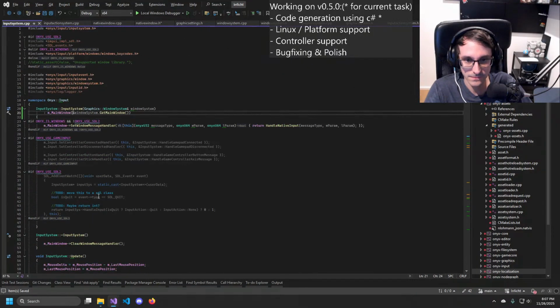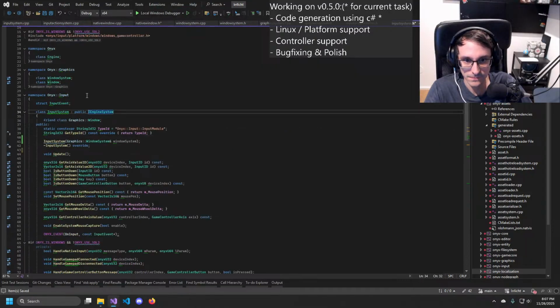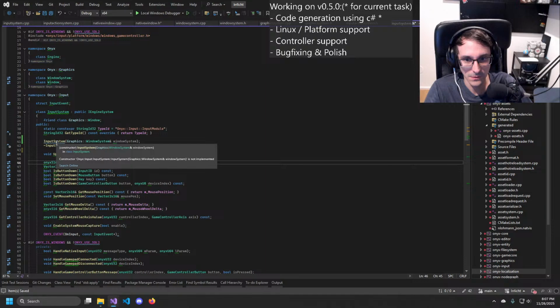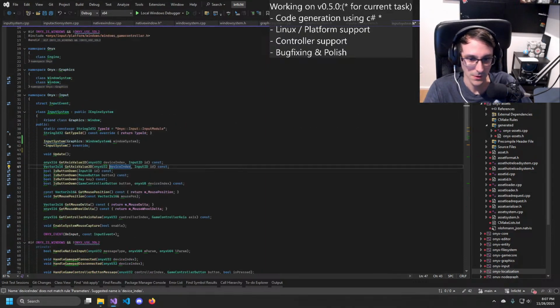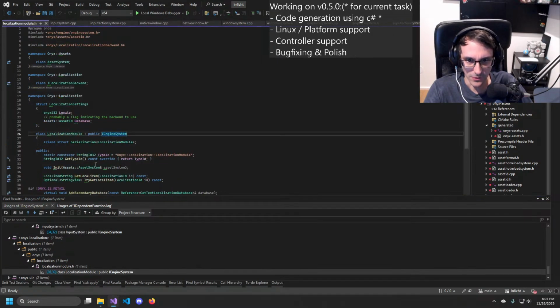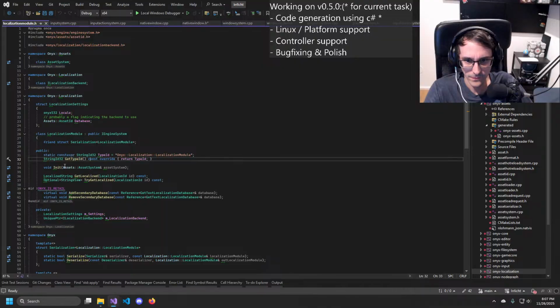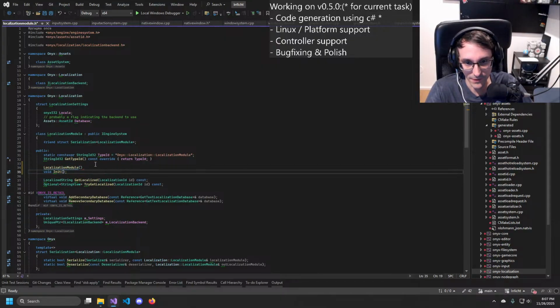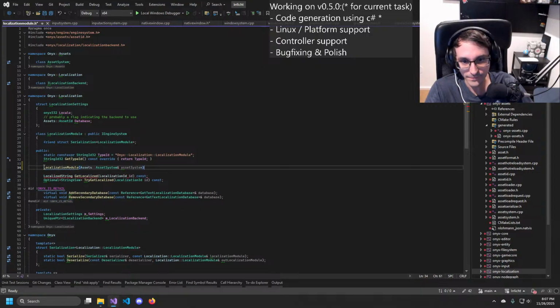Perfect. All I need. What? It is implemented now, right? Yeah. All right. And then we have local, which now gets the localization module, plus const that.